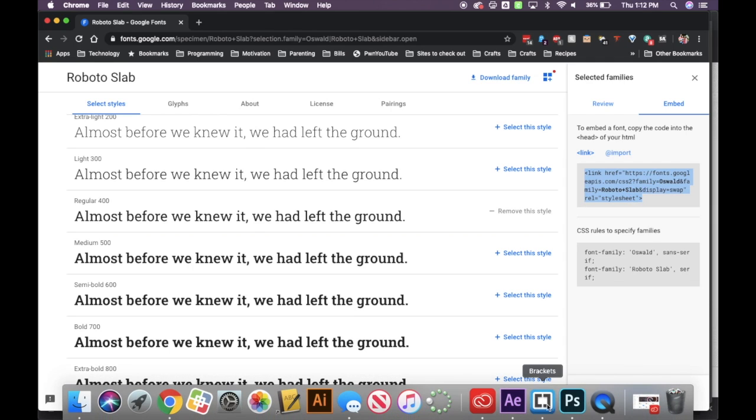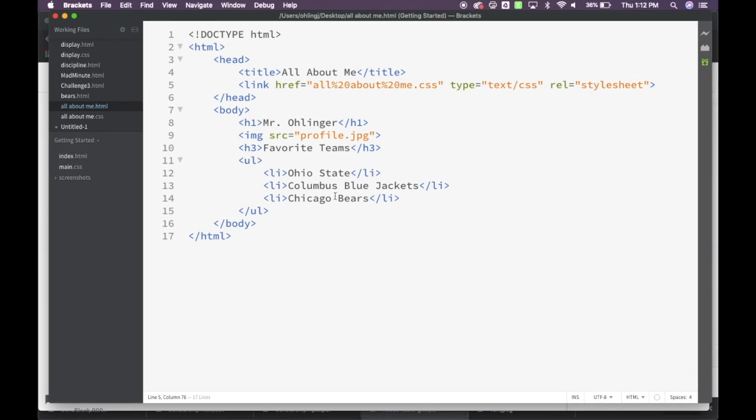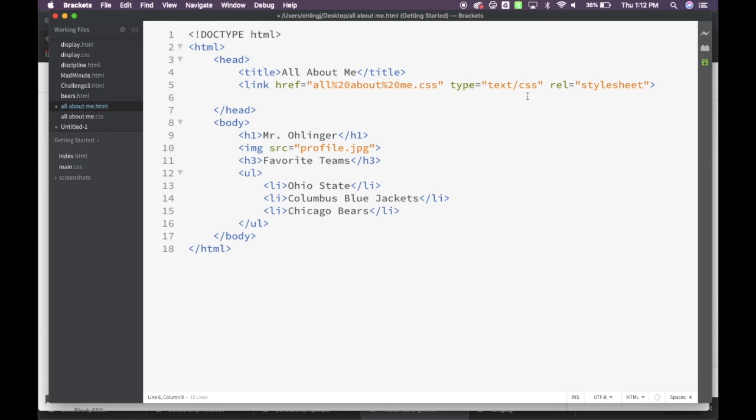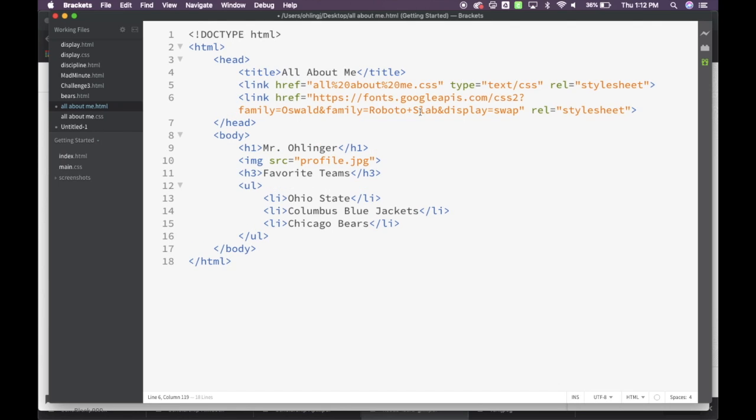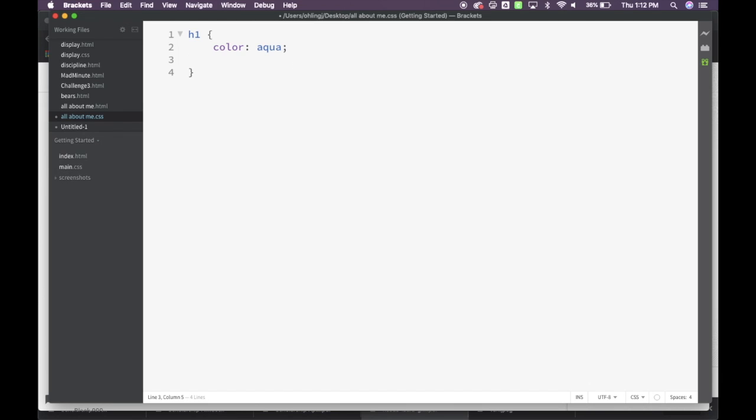I'm going to go back to my page. In order for it to work, I've got to add that link that I just copied from Google Fonts into my head section on my page. I paste that in, and you'll see now that it knows that it's got to go to Google Fonts. It's going to look for Oswald and Roboto Slab. I'm going to save that, and when I do that, I can now come over to my CSS page